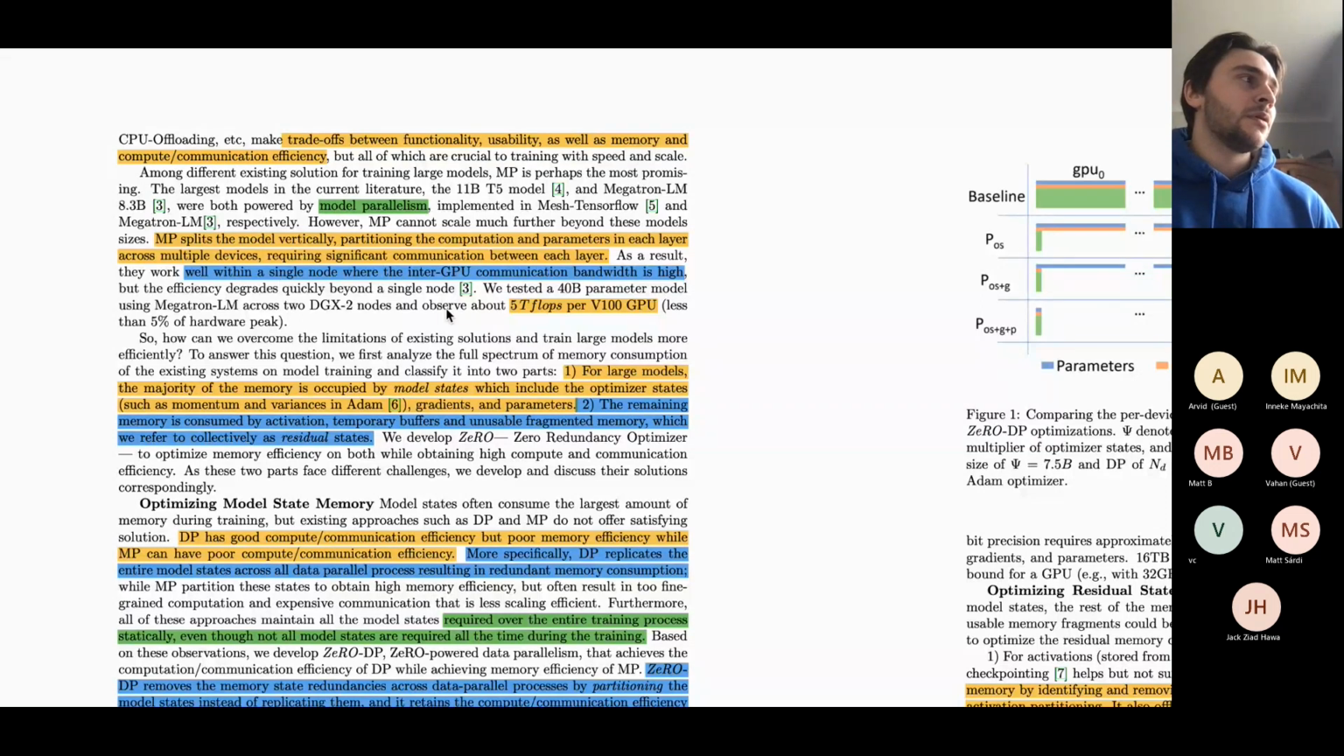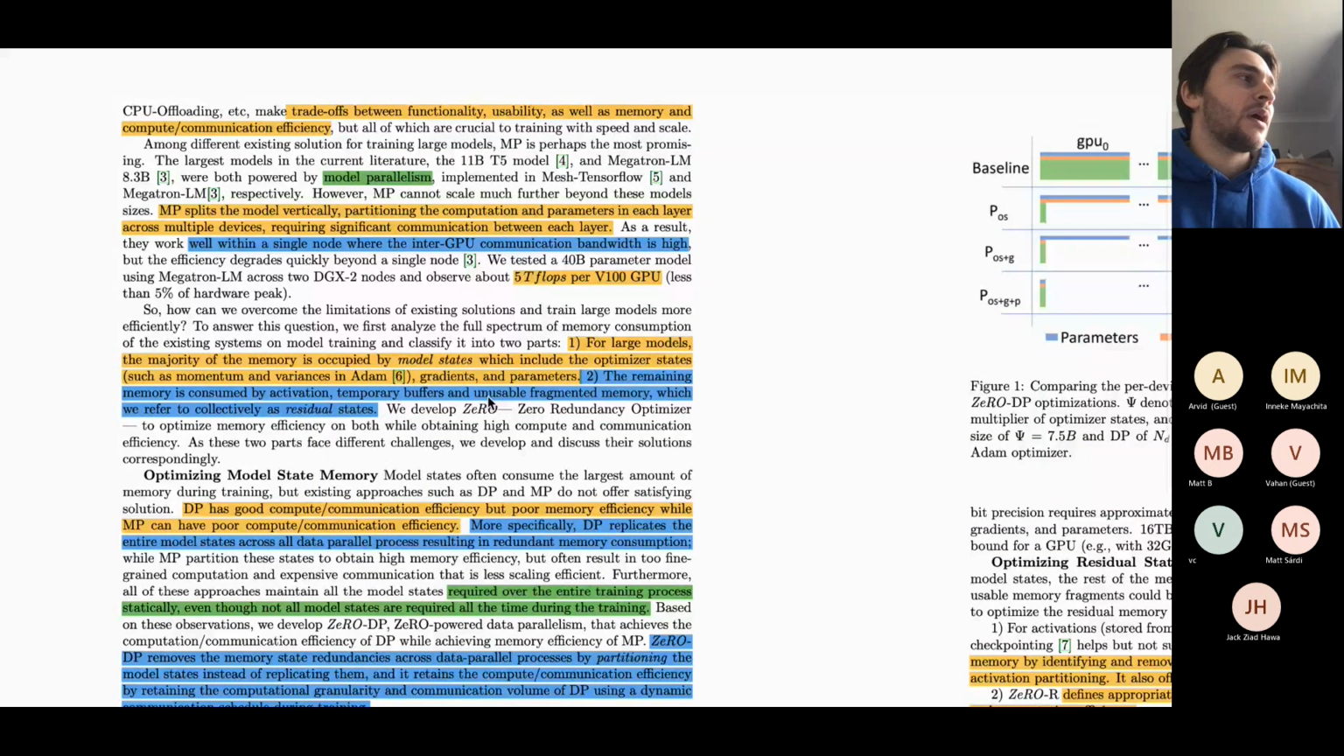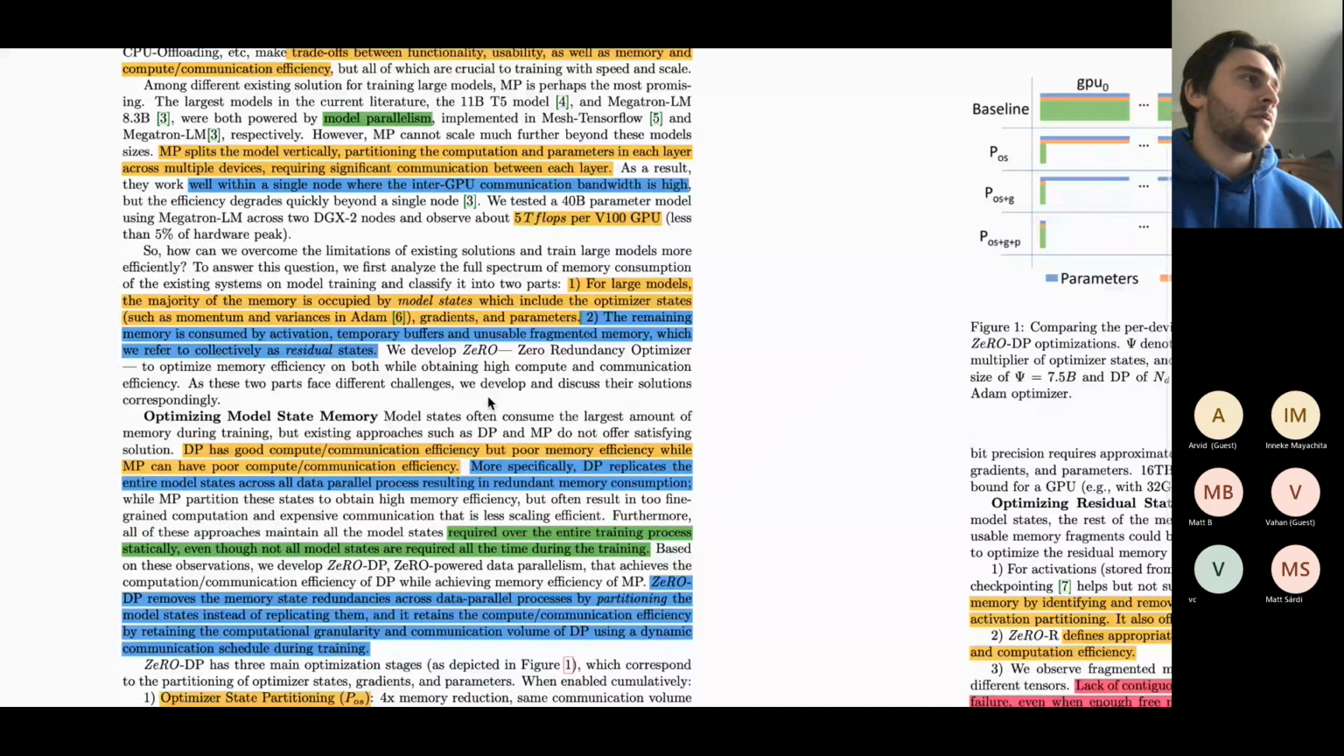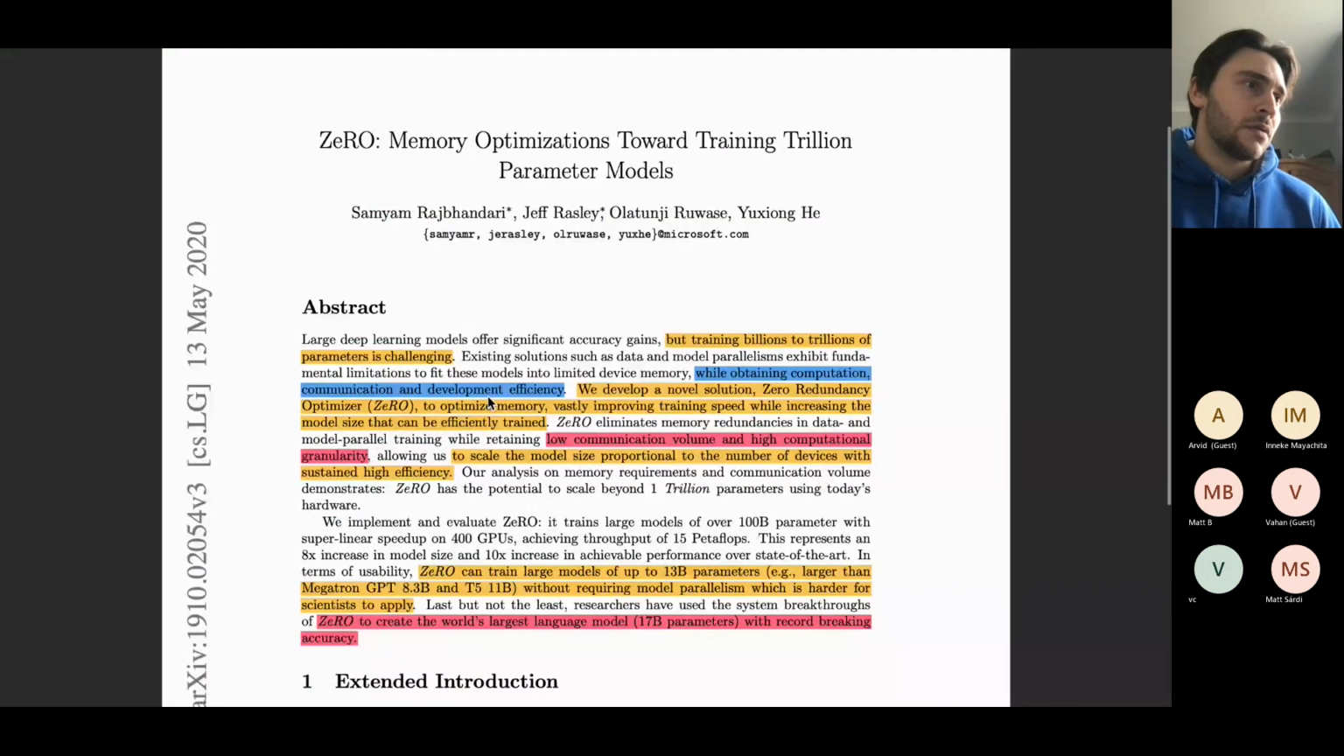Where do they introduce data parallelism? Okay, they must introduce it above. Okay, and the other